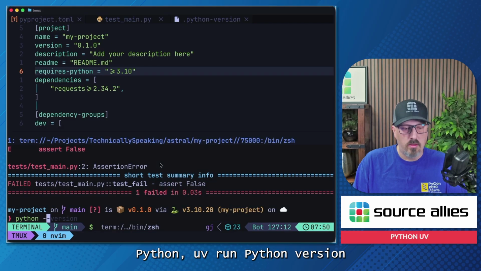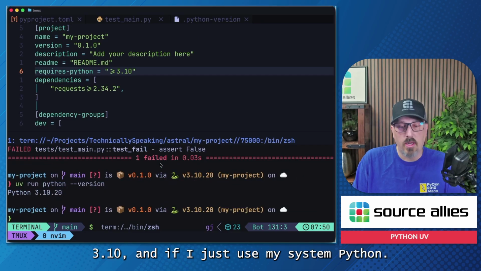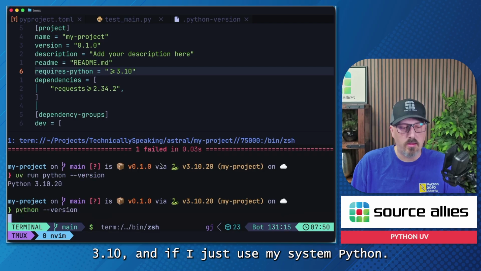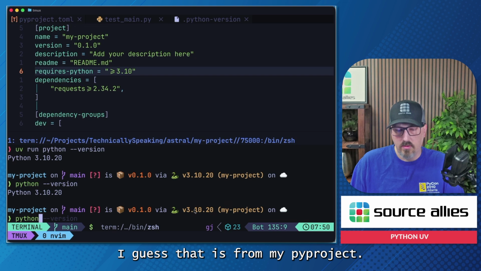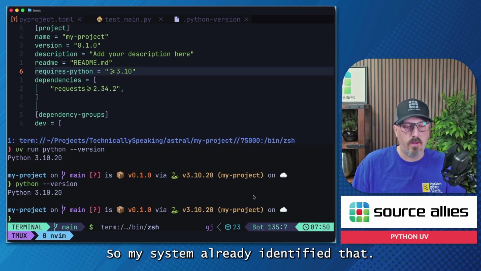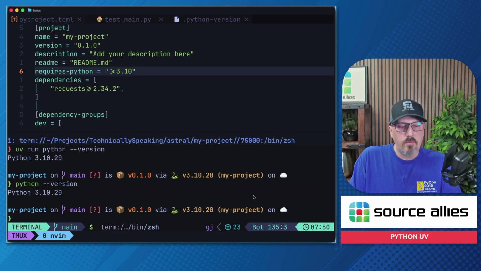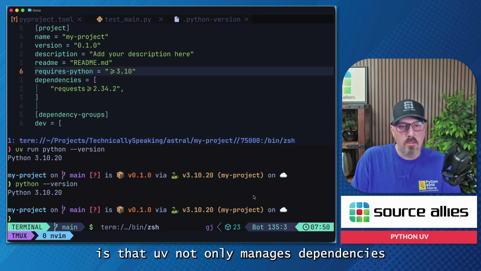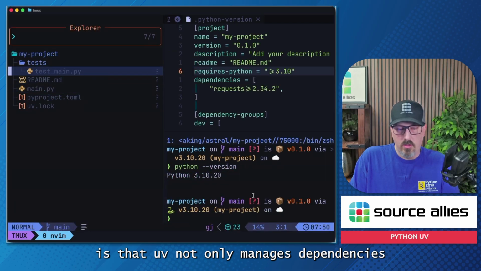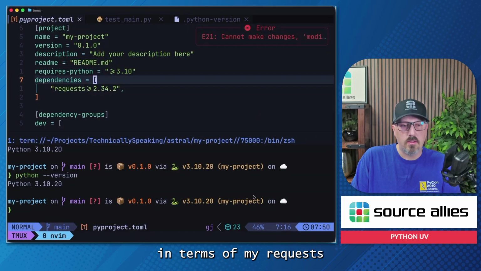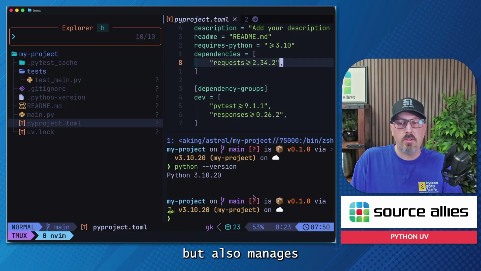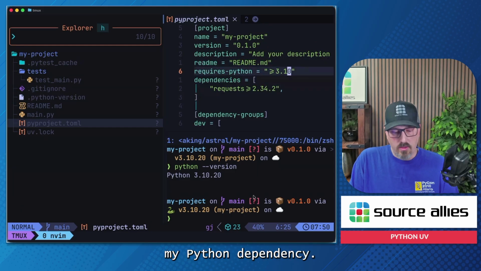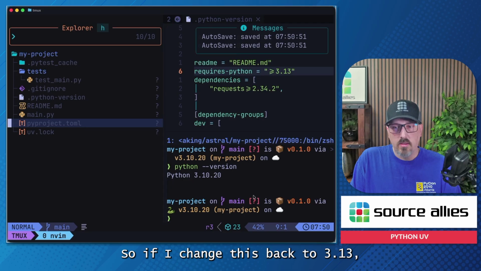So if I run UV run Python version, 3.10. And if I just use my system Python, I guess that is from my pyproject. So my system already identified that. So the nice thing is that UV not only manages dependencies in terms of my requests and my dev dependencies, but it also manages dependencies in terms of my Python dependency. So if I change this back to 3.13,